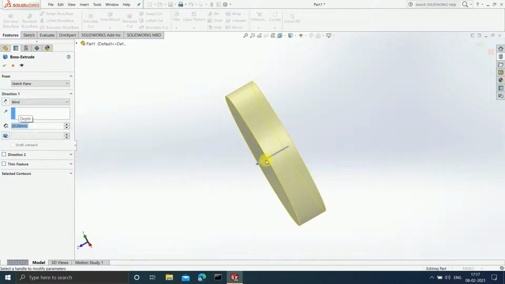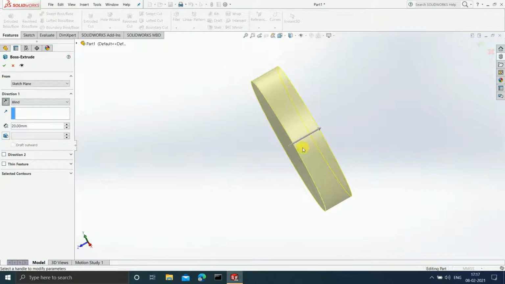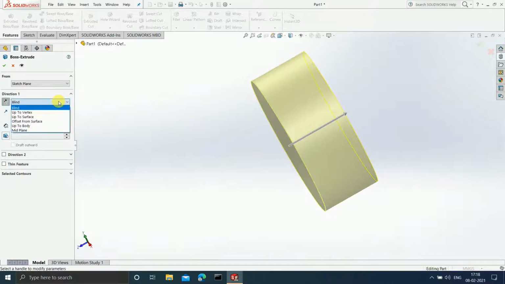But suppose I want to extrude my sketch in the other direction, so for that I will select this. Can you see that now my sketch is going to increase or decrease towards the right? If I increase and make it 40, now it is going to increase towards the right. It has simply changed its direction. Are you clear with this? So up till now in this video, we have understood blind, which is the simple and default option selected by SolidWorks, and from sketch we have understood the sketch plane.